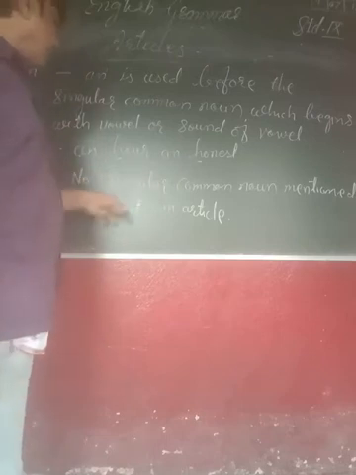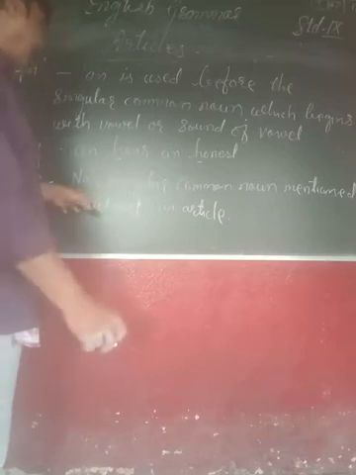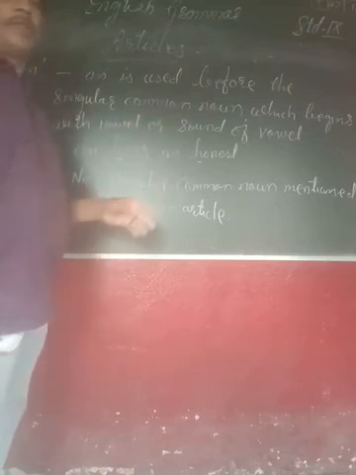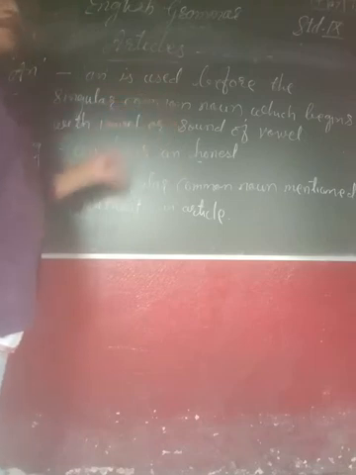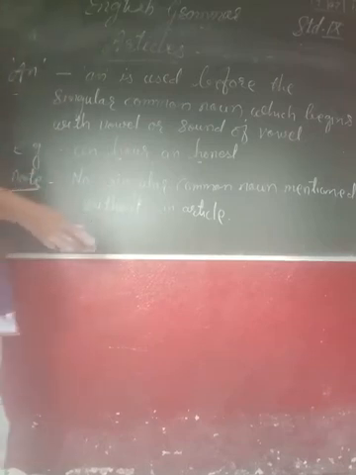If they begin with vowels, they take an before them when they are in singular form, as we have seen in the examples. So is this idea clear to you? Now we are going to move to the other article, and that is called the definite article. The definite article is the. Number 2, definite article.